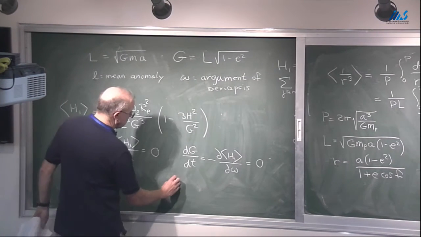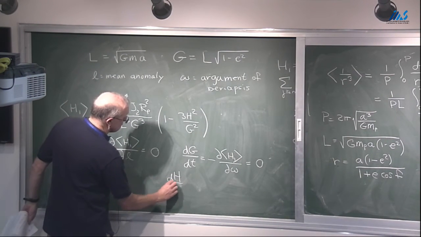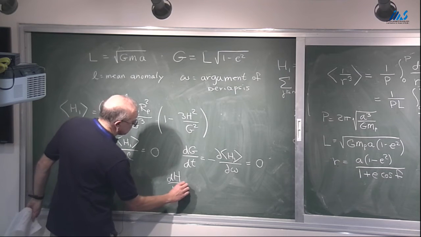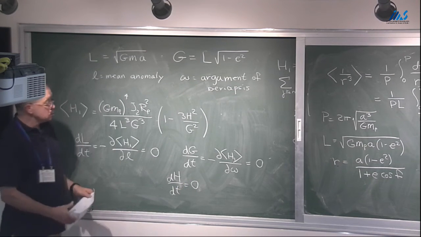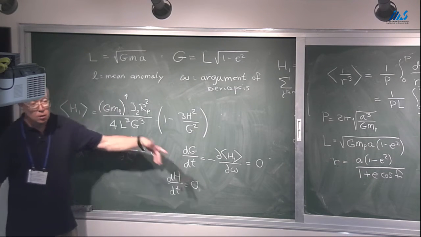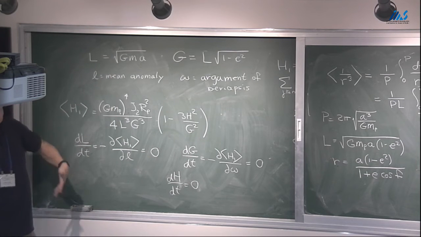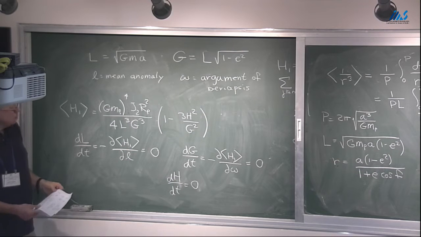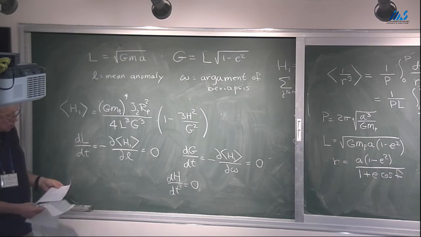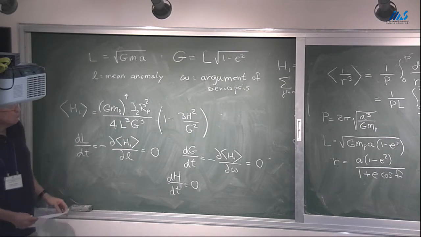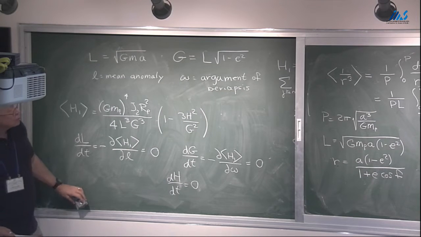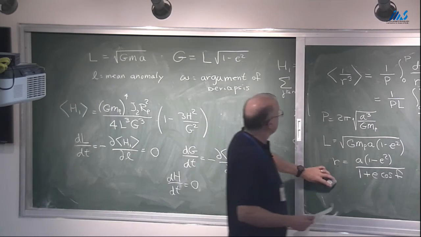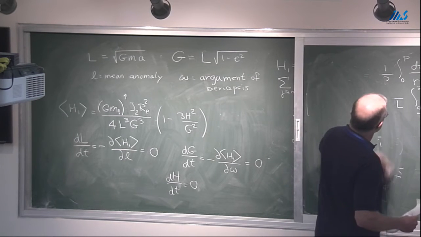The other obvious conclusion is that since this doesn't depend on the node, dH/dt is 0. That's, again, trivial. H is the z component of the angular momentum, and you can't change the z component of the angular momentum in an axisymmetric potential. We can also go through the rates of change of the angles instead of the actions. And when you do that,